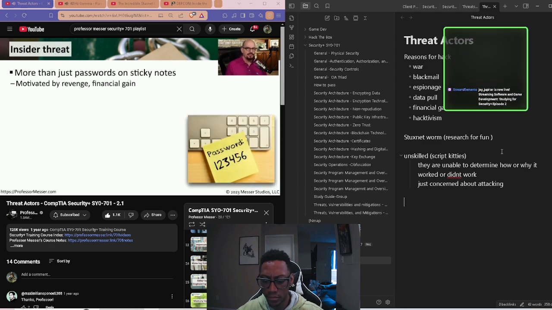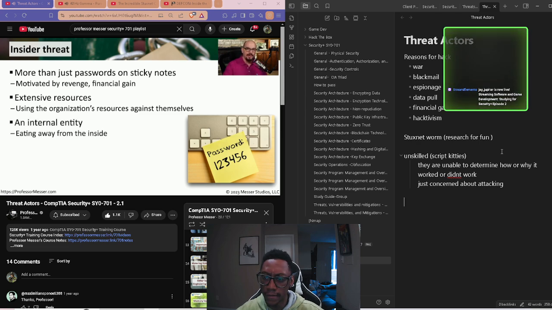An insider threat is an especially difficult problem to locate and even more difficult to stop if they want to do something malicious. This is more than someone simply writing their password down on a yellow sticky and keeping it under their keyboard. This might be someone who's out for revenge or financial gain against the organization. With an insider threat, all of the resources already exist within the organization, and this individual is simply taking advantage of the resources that already exist. This is why it's so important during the hiring process that the proper vetting is done to make sure that you're not hiring somebody who is then going to work inside of your organization to attack you.